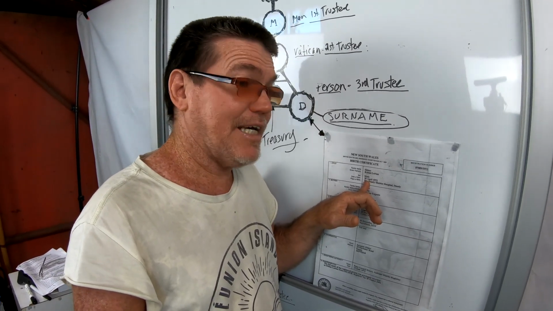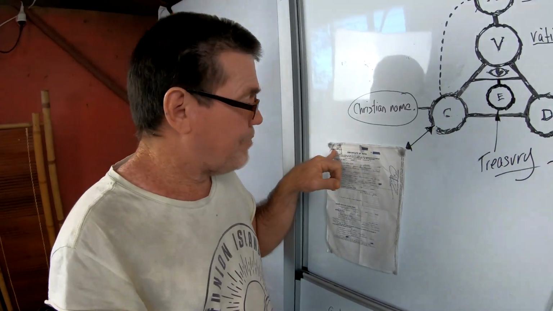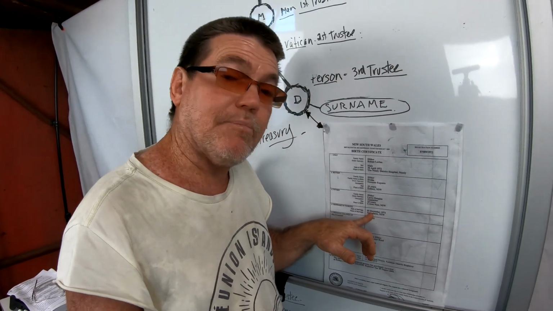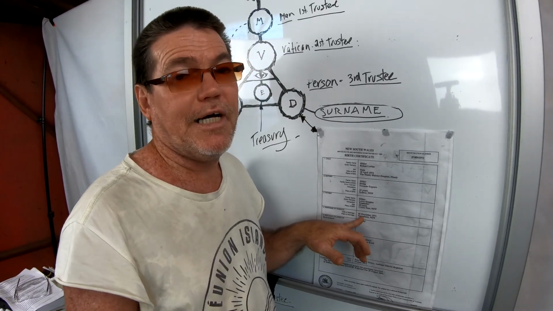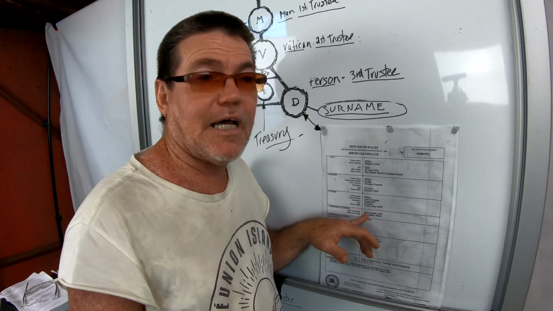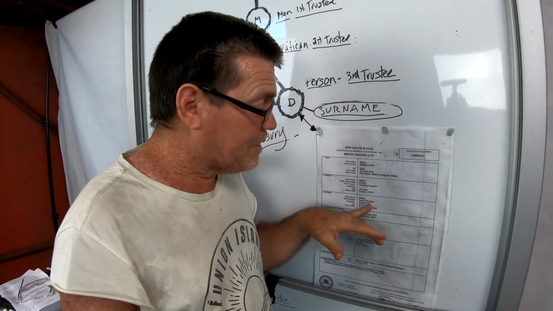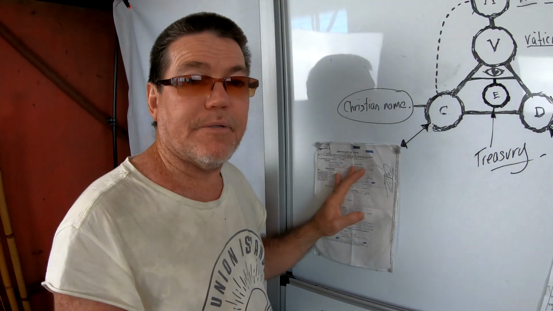Well, the date of birth of your Christian name is not the date you're born. It's the date of registration. In my case, it was about a month after. These days, it gets a bit quicker, even down to a few days. But when I was there, it had to go from Cairns to Brisbane. So it was about a month before they could get this document and fill out all of the real document.